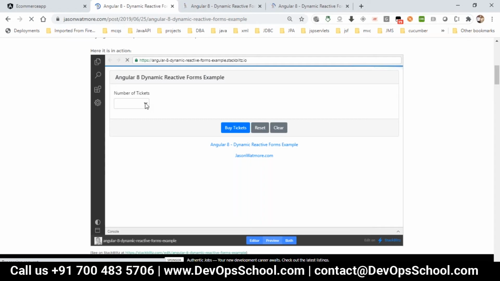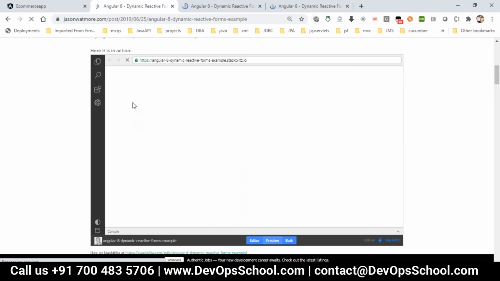When I go here and select the number of tickets I want, I'll just give it 4. Still it is loading, I guess. Yeah, it's loading. It's taking so much time.